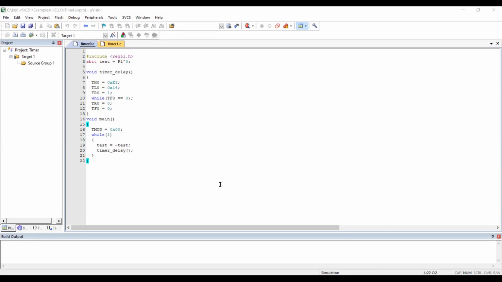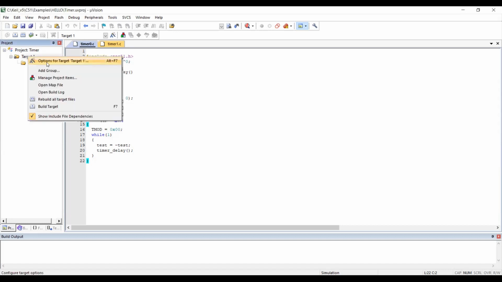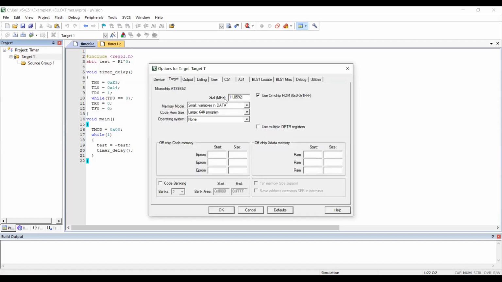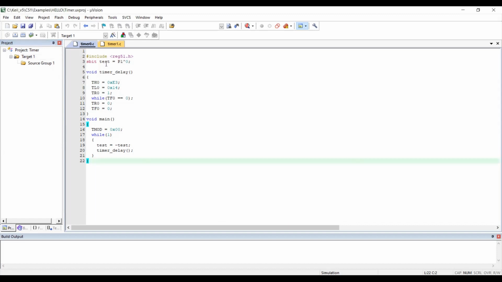Thank you. Now coming to the execution of mode 0. First we create the project named timer, and then we load the C program in which we have written the code. Now we right click on Target 1 and choose Options for Target 1, and then we set the frequency to 11.0592, and then we check this box and click OK.